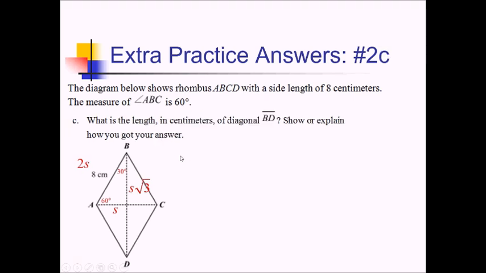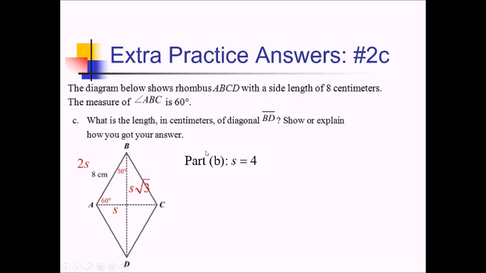For this part of the problem, we want the length of diagonal BD. So a crucial part of this is that we already figured out that this little s value that we set up with our 30, 60, 90 triangle, that s value was 4 centimeters. That was from part B that we found that. So we're going to use that to help us out here. Now, in order to get diagonal BD, if I could at least figure out what this s radical 3 side of this upper left right triangle is,